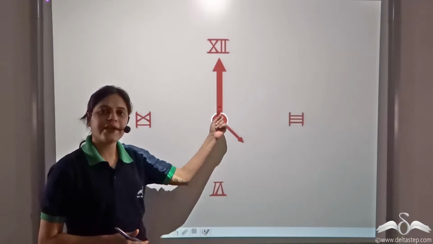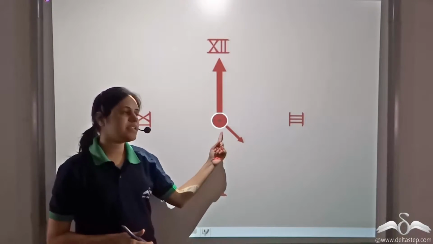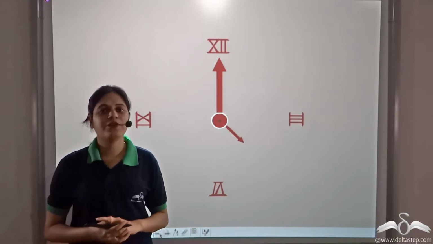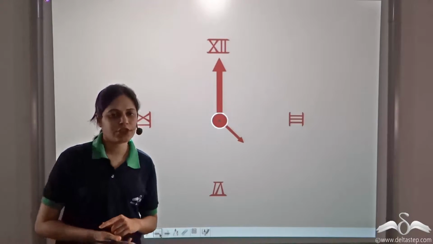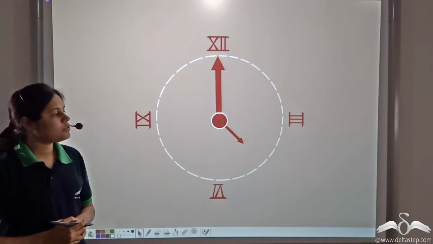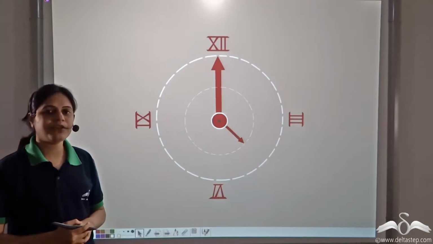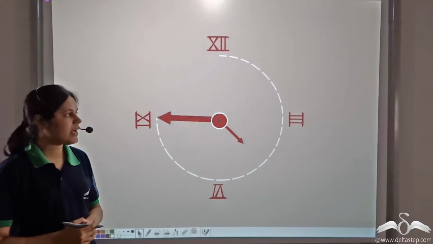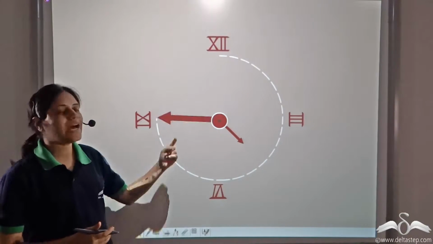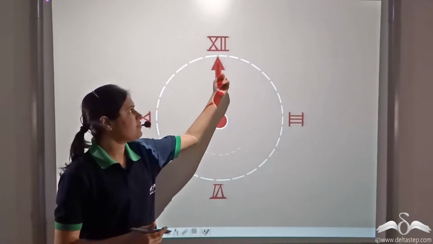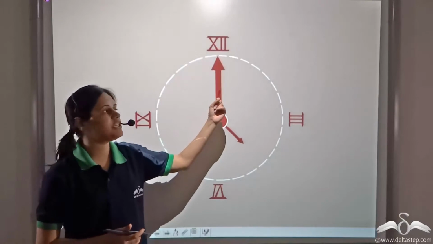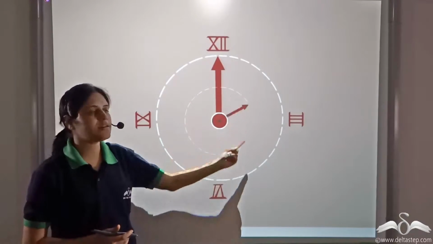This is the minute hand of this clock and this is the hour hand of this clock. Now observe the movement of the minute hand and the hour hand of this clock. So we see that the path traced by the hour hand and the minute hand of the clock is a circle. So as they move, that is, when they start from this position and come back to the initial position, they form a circle.